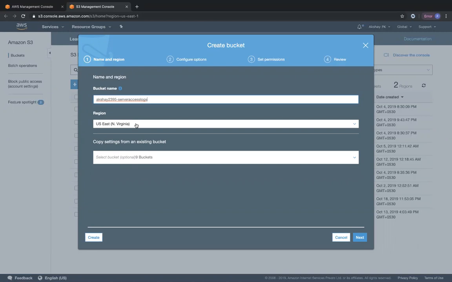And we are going to place this bucket in the same region that we are going to enable server access logs for another bucket that is in the same region. Ultimately, the only condition is that these buckets have to be in the same region. Okay. So your log bucket should be in the same region, and all the other buckets that you want to send the logs to this particular bucket should also be in the same region. Okay. So I'm going to place it in the Northern Virginia region. I'm going to click on next.